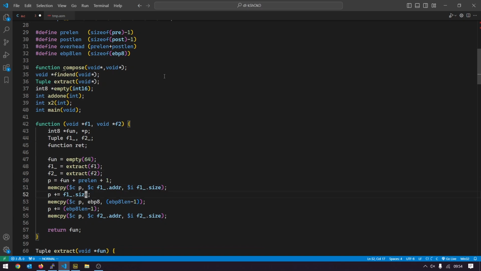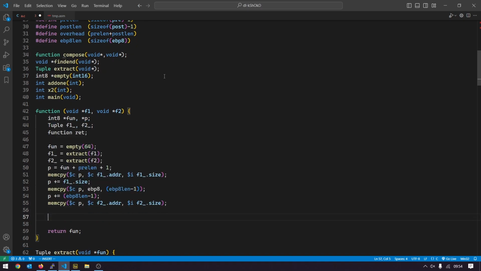We will have a function ret, and let's see, we want to do a mem copy to the char representation of the address of ret, and